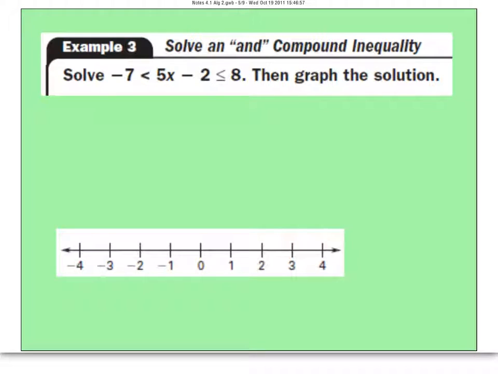In learning objective C, we're going to solve compound inequalities. And this is an example of what one looks like. And all it is, it's really two problems in one. So if you imagine